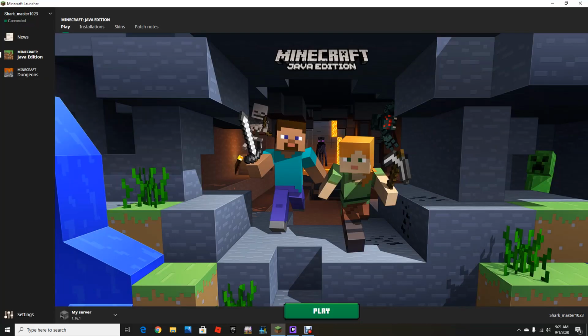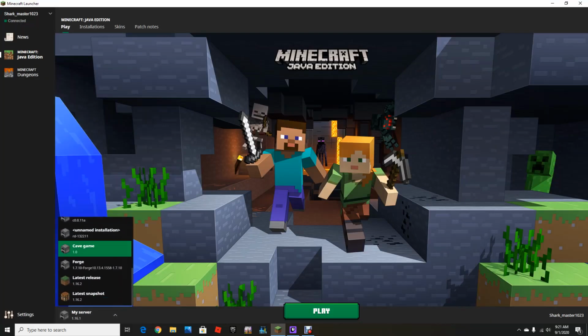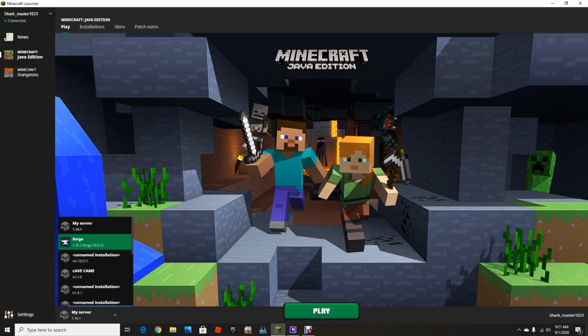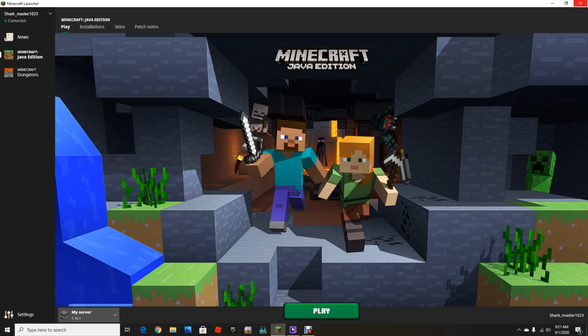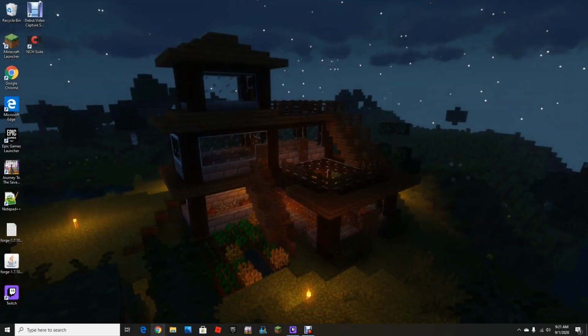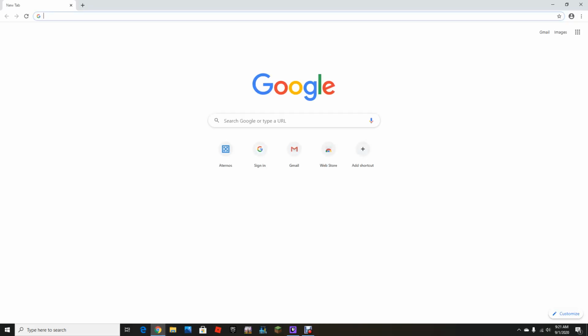On your Minecraft launcher. As you can see, I have Forge running here in the newest version. So I'm going to show you how to do that. Of course, I can't actually install it because I already have it installed, but I'll show you as much as